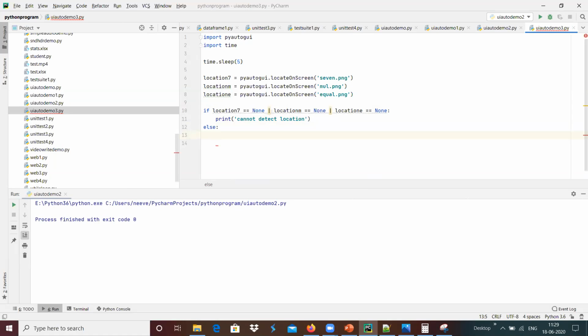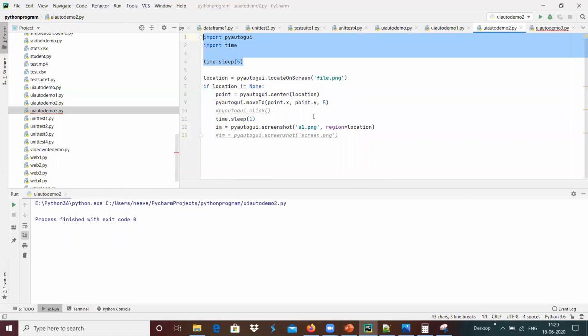Then I'm going to generate the events accordingly over here. I will move to that location, and I'm going to use point equals pyautogui.center, in that I'm going to give location 7, and move the pointer to that location with the help of pyautogui.click on that location, point.x comma point.y over here.